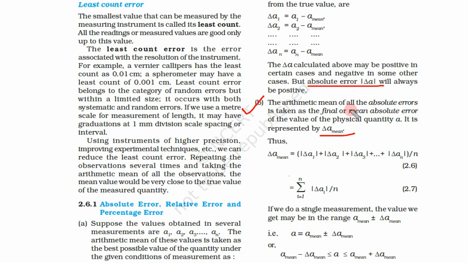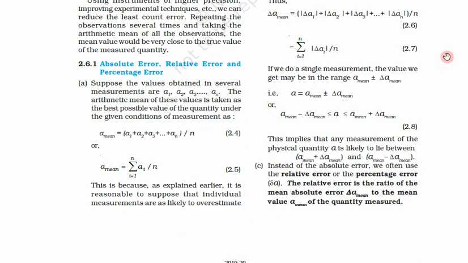So now we have calculated all these errors, and we have taken the mod. By taking mod, we are making it a positive quantity. After that, we take the arithmetic mean as we have done for the value. So what we do, we add error 1, error 2, error 3 and so on up to error n, and divide by n, the number of measurements. Same thing we do for error. So as we have calculated the average value, we calculate the average error. So that is called absolute error and absolute average error.